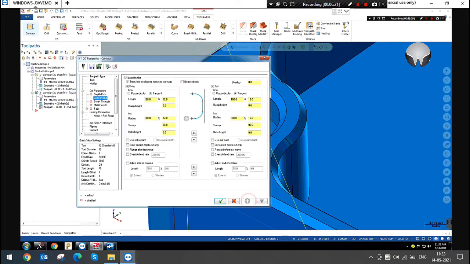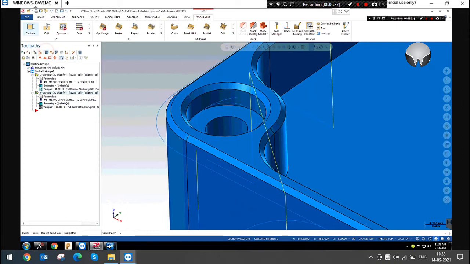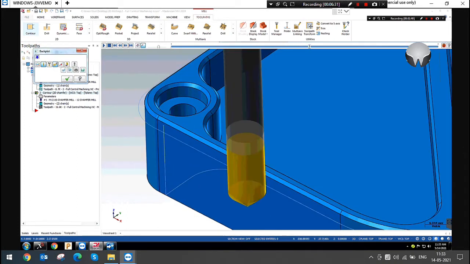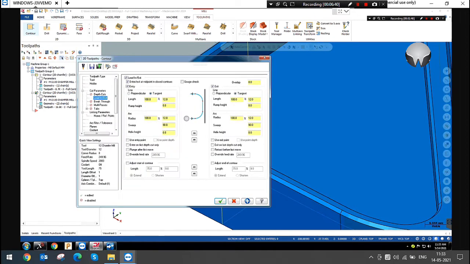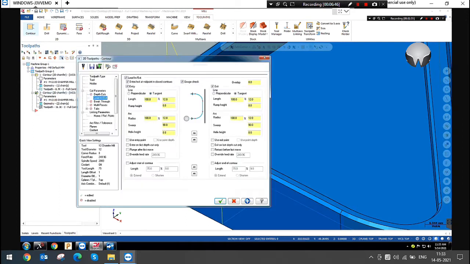If I disable this, you can see here also the lead in and lead out is enabled, but it gouges the model. Collision on the model. You can see the collision. Yes. If you enable the gouge check, the lead in and lead out will not be created in that case. Here we have to reduce the value.